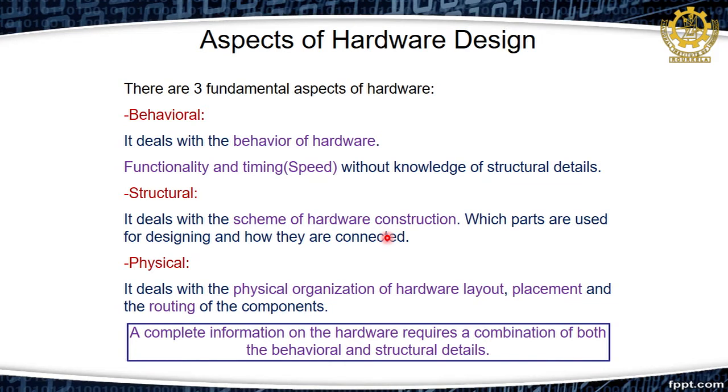The last aspect of the hardware design is called physical design. It deals with the physical organization of the hardware layout. At the same time, it also deals with the placement and routing of the components. This is actually to give you an overview of a digital or analog hardware design, how the ICs are being fabricated or produced. The next slide contains a design flow where these entire aspects are divided into various steps. That is why I put this slide, so that you can understand that design flow with respect to the aspects of the hardware design.